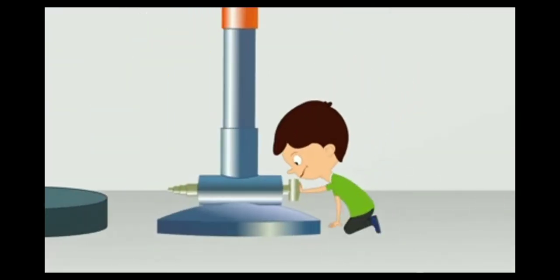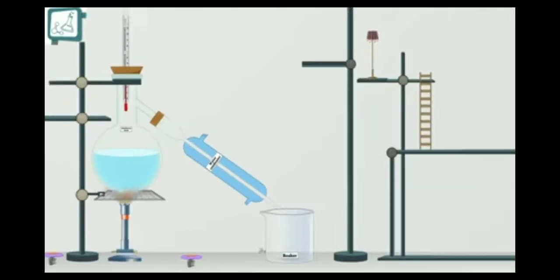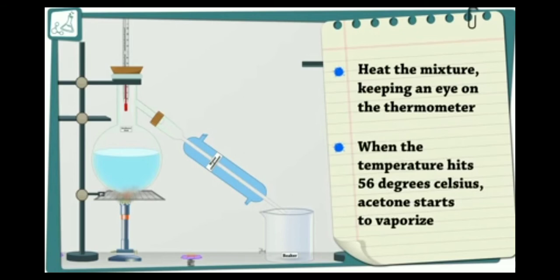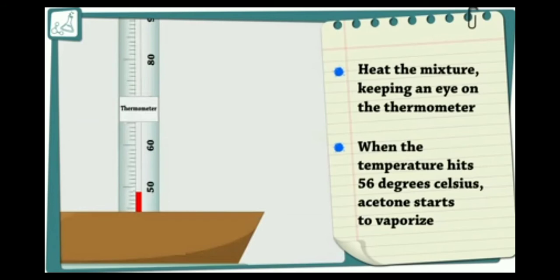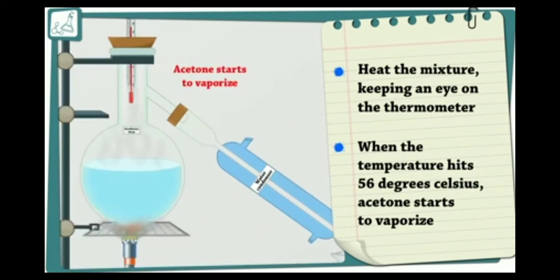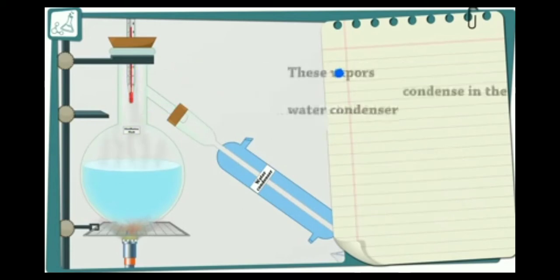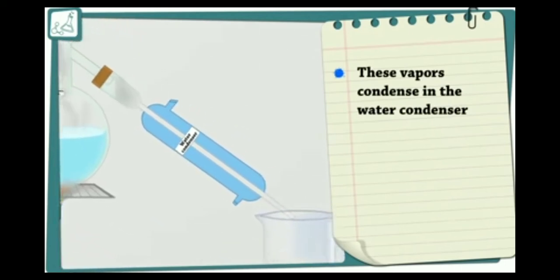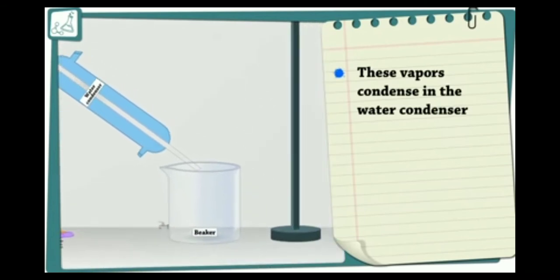Be sure that the two liquids should have a difference in their boiling points. So water has a boiling point of 100 degrees centigrade, whereas acetone has a lower boiling point. So as the burner is on, the acetone will start to boil faster and start evaporating. The hot vapour will pass through the condenser. The condenser will condense the hot vapour into liquid, and the liquid acetone will be collected in the beaker.